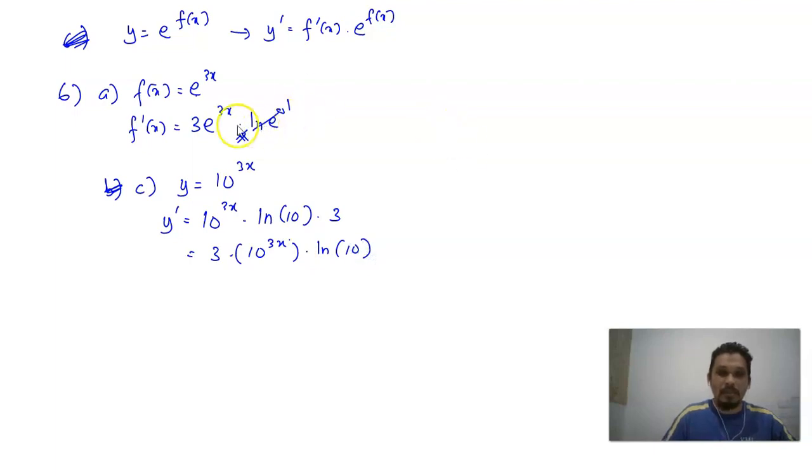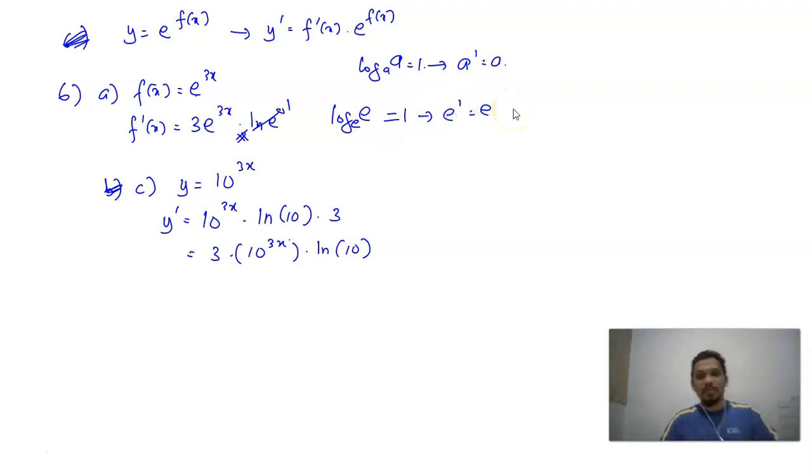As I mentioned just now, actually we have ln e, but since ln is log e to the base of e, it's just like log a to the base of a, which is equal to 1 because a to the power of 1 equal to a. So this is also equal to 1 because e to the power of 1 is equal to e, constant of e. Okay, but since here we have log 10 to the base of e, we leave it just like that. Okay, then question number